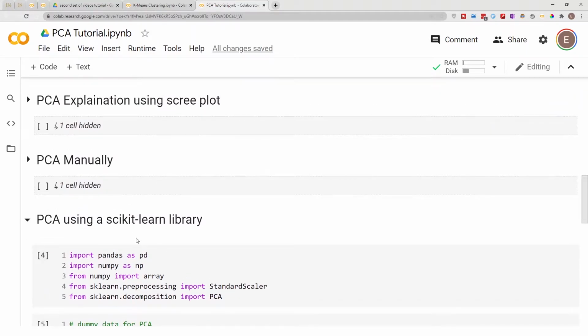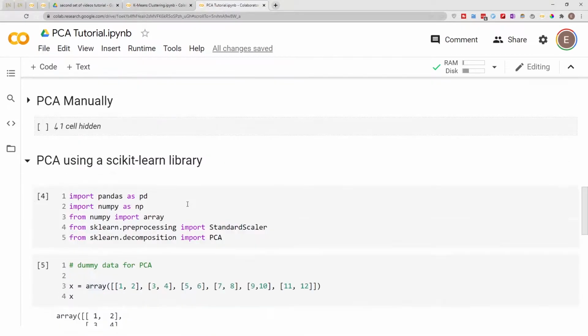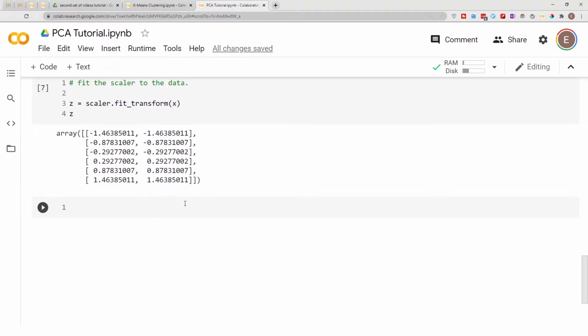That's the standardization process. So the next step here says to calculate the variance covariance matrix, and if you're doing this manually, you have to do this first before you get to this. But since we are using Scikit-learn PCA library, it will automatically calculate the variance covariance matrix and then apply the eigen decomposition to this variance covariance matrix. So we don't have to do this manually if you are using Scikit-learn library. So with that being said, the next step is to